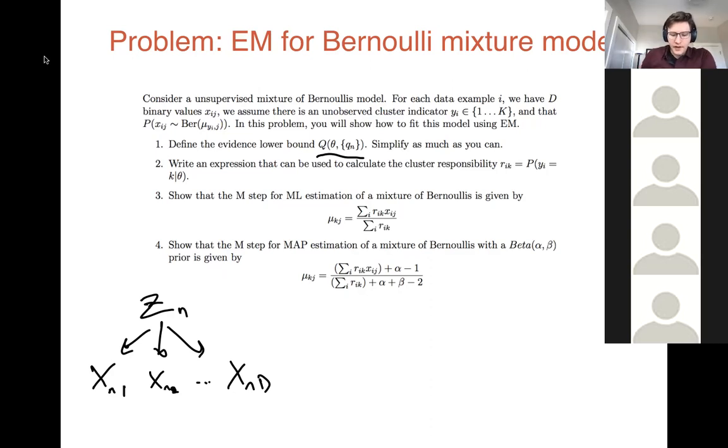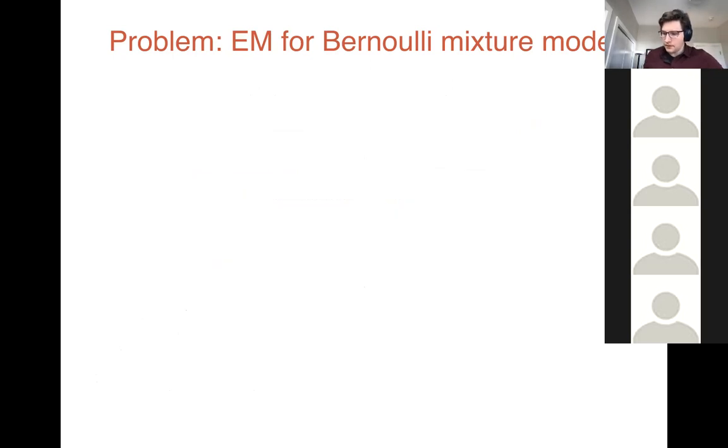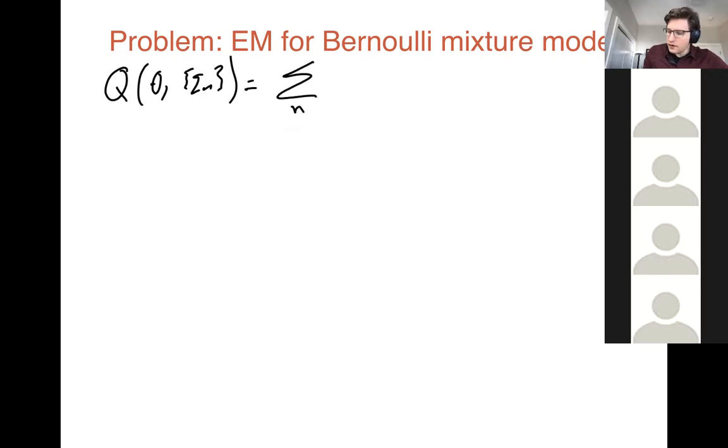So we want to define the Q function and then derive both the E-step and the M-step. I'm just going to go through and do the solution here. Okay, so the first question is to define the Q function. So we have Q, which is a function of theta and all the q_n's, equals, this is coming right out of the textbook here, the sum over n